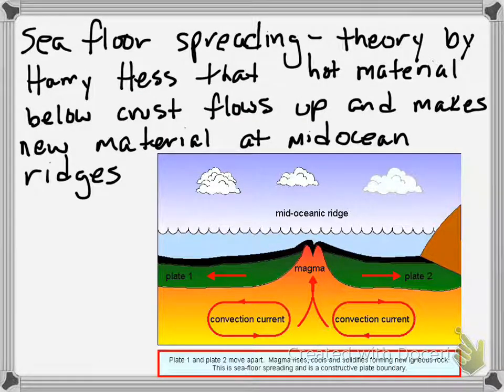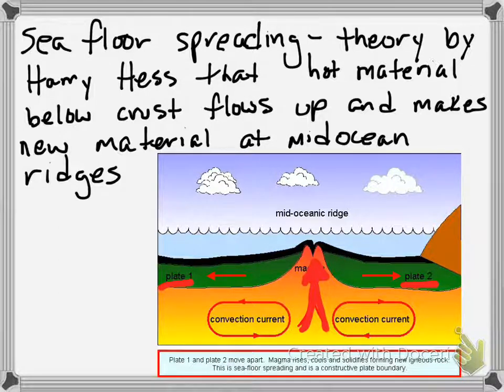Okay, seafloor spreading. I know we already saw this image, but we had this image when we were talking about convection currents. So seafloor spreading is this theory. It was proposed by Harry Hess in the 1960s, that hot material below the Earth's crust flows up, and as it's flowing up right here, there's this separation between plate number 2 and plate number 1. So it's kind of like there's a little space for that hot material to come out. And as it comes out, it is going to form